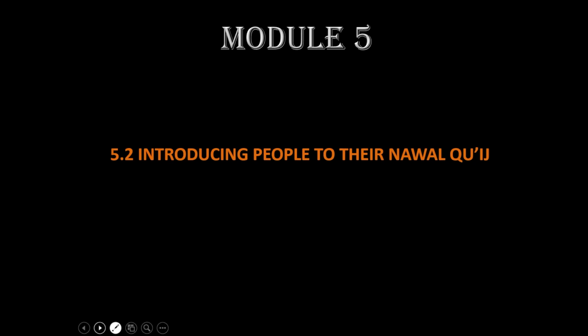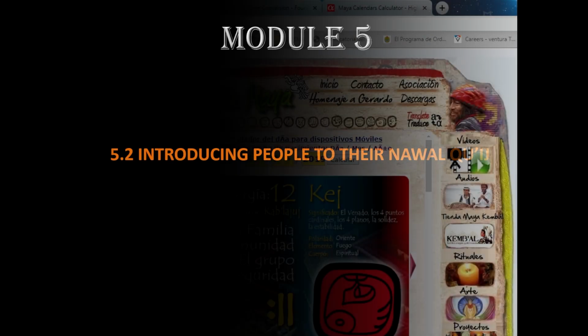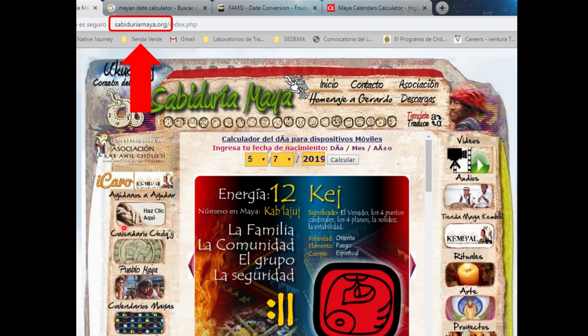Okay, let's go into the next section. So introducing people to their sign, you're going to use calculators. There's some on the internet. I used to use this one a lot. This was from a Nachkich that has now passed away, and it's now in charge of what used to be his partner, a woman that was born in Colombia. You might see her a lot.